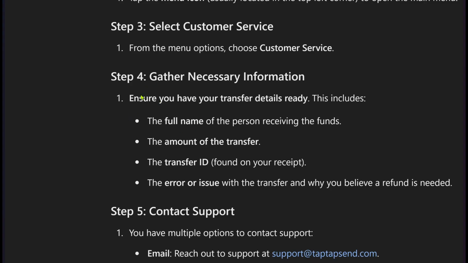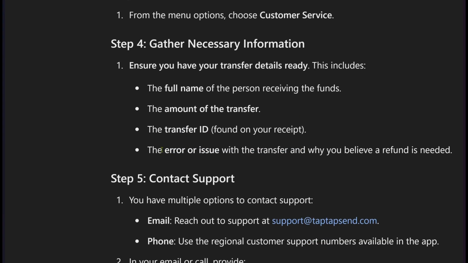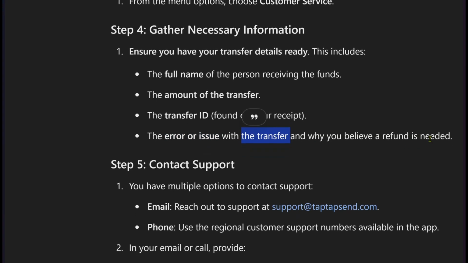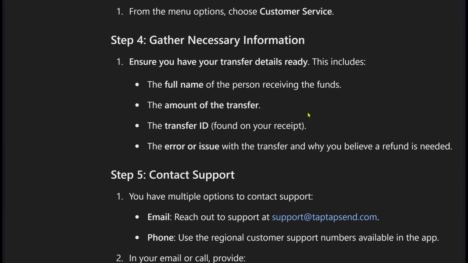Now before you contact TapTap support team, you need to ensure that you have transfer details ready, such as the full name of person receiving the funds, the amount of transfer, and the transfer ID. It is usually found on your receipt, and the error or issue with the transfer and why you believe a refund is needed. So you need to gather all of this necessary information,